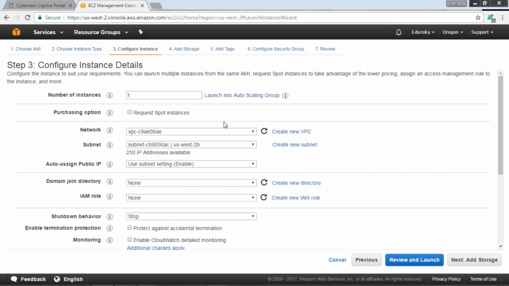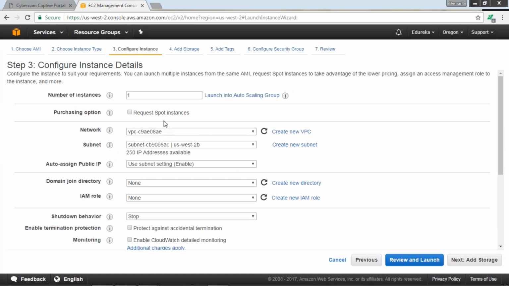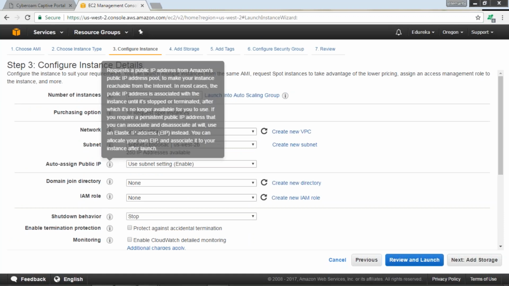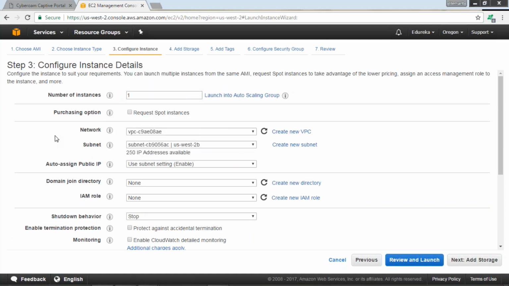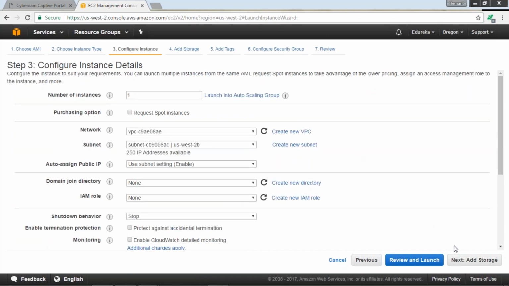Next up, we will be asked to fill these details. Mostly all the details are filled by default. You don't have to touch anything because you have not learned all about these things. And don't worry, you will learn about these things when we come down to the EC2 module. For now, this doesn't have to do with all your learning. You just have to see how you can launch your first instance, right? So don't touch anything here. Let it be and then click on next.